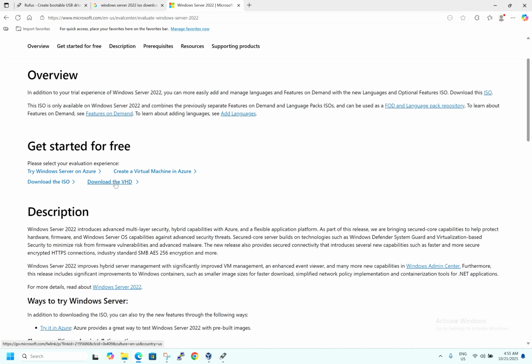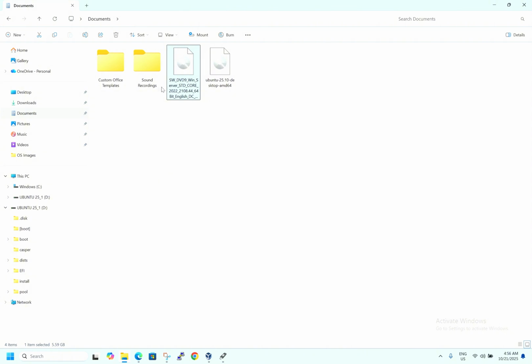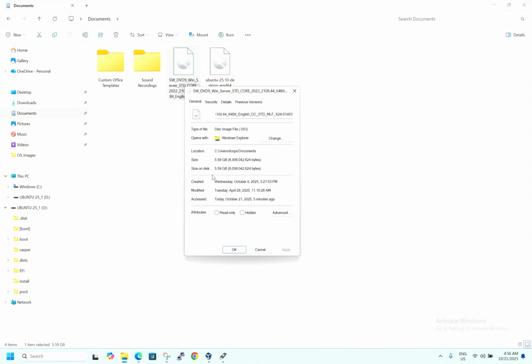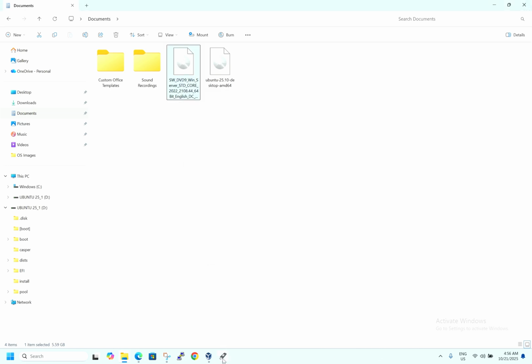VHD is the file which you can use as an image for VirtualBox, or you can install it on a VMware server. You can use this as a virtual VHD file and directly try it. In our case, we will download the ISO file. To save time, I have already downloaded it. As you can see here, the image has already been downloaded. I will show you the size. It's around 5.69 GB. So to start with, let me open Rufus